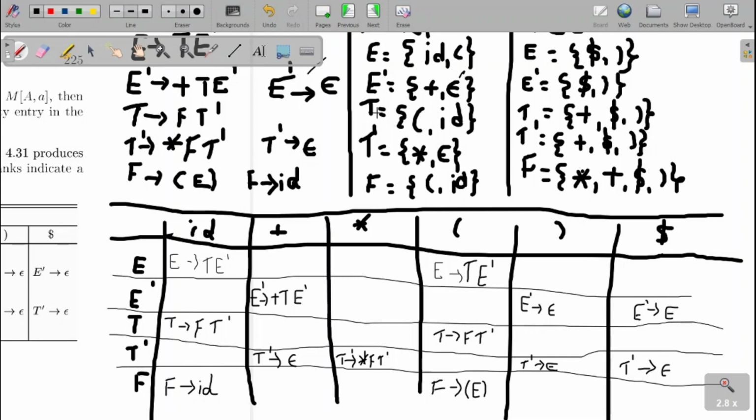And the grammar is said to be in LL(1). This is very important. The grammar is in LL(1) only if there is no collision. If we have a single entry for all the table entries, then we say that the grammar is in LL(1). If the entries are not single, if you have multiple entries, then we say that the grammar is not in LL(1). I will show that with the next example.